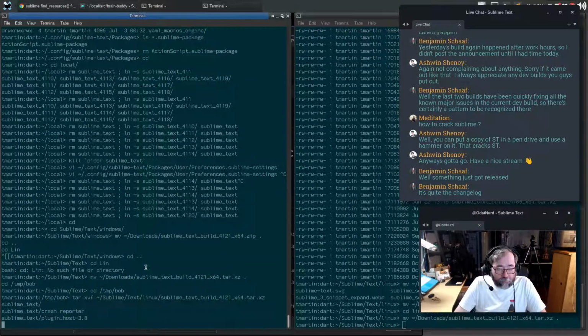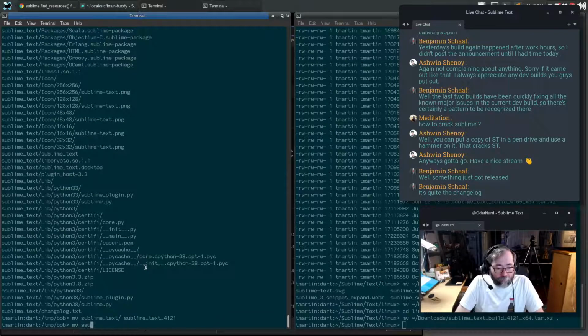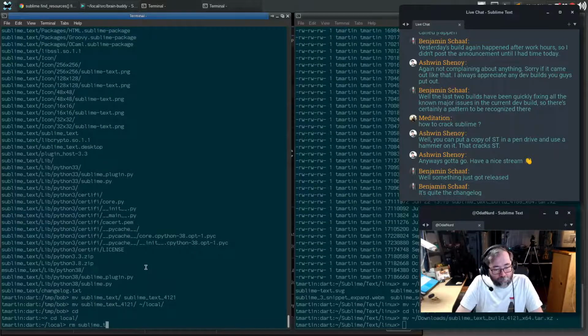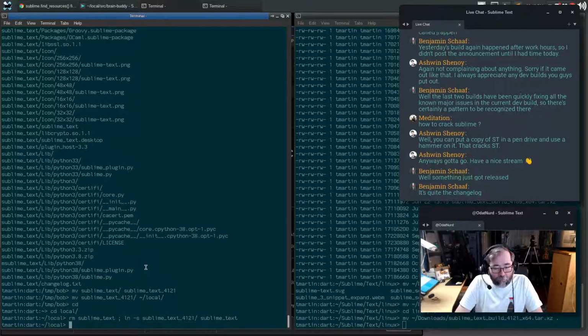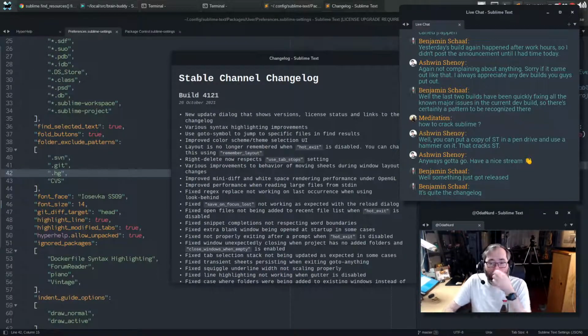Weird. And boom! New update dialog that shows versions, license status, and links to the changelog.